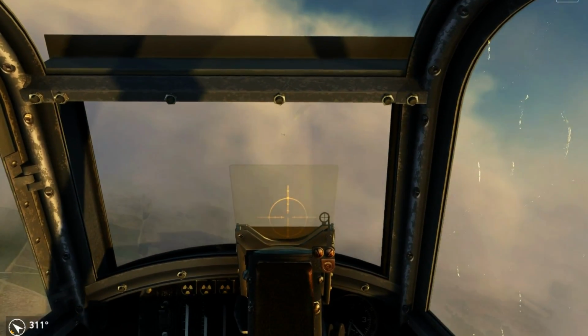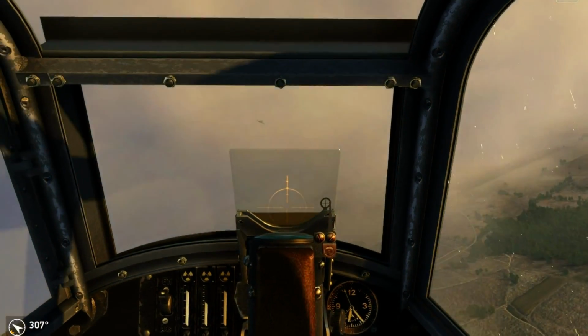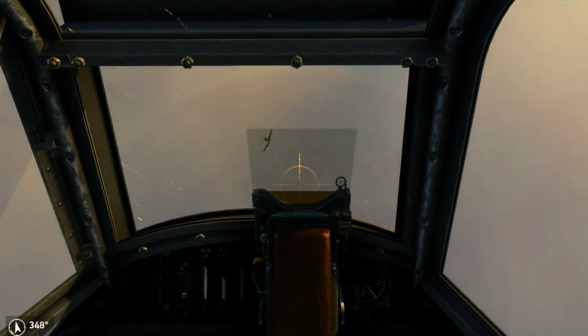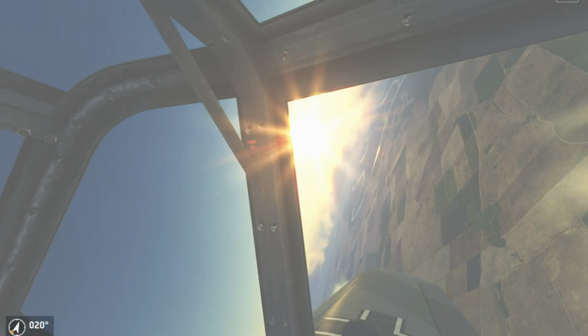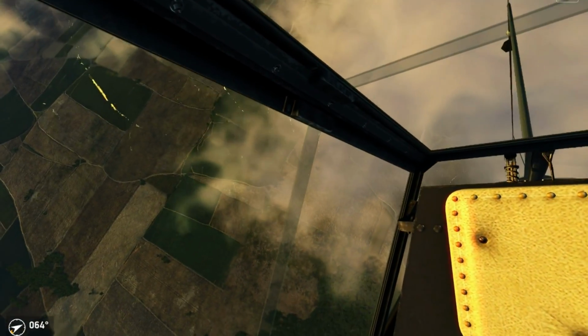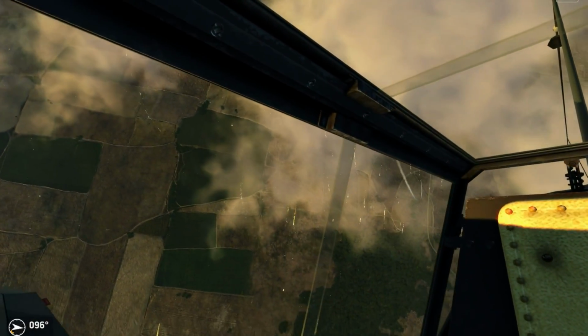So he's trying to drag me into the cloud. As soon as he disappears in the cloud, he's doing a sharp turn or something. Let's see if he's going to go down now. I think I will just let this guy go if he makes it out of the stall,